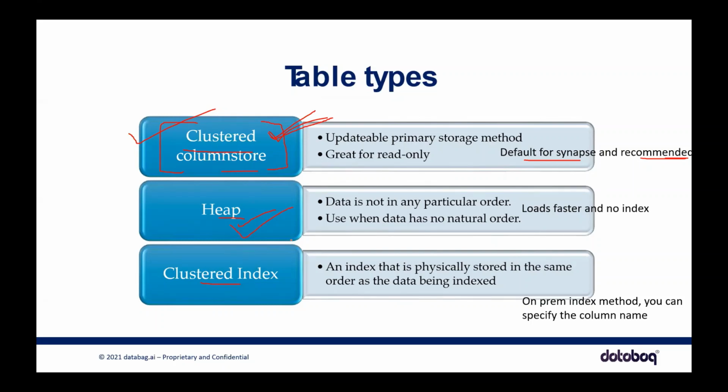So the loading time might take more there. But if you don't have any index, it is just simply dumping the data, just throwing all the data. So when it comes to heap, if you don't have any index, then you go for heap type. Usually, if you compare this with distribution, I think replicated data can be used with heap, because when you want to load the data for staging tables, you don't really need an index there. Index is used for querying the data, not for loading the data. But you need to make sure that you have proper indexes so that you will be able to query the data faster.